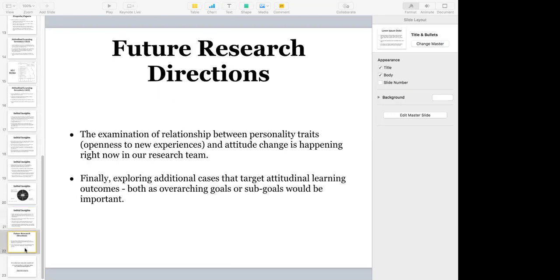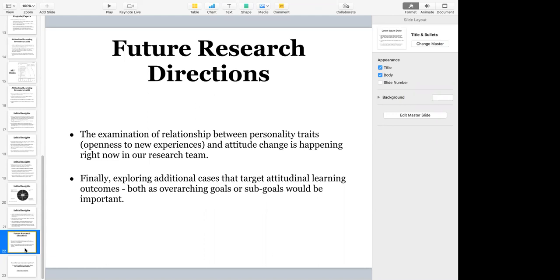Traits, for example, openness to new experiences. Will that make a person more open to attitudinal learning or not? Does that have an impact? If not, why does it not? We would like to explore those things as well as what we've talked about in the previous slides,